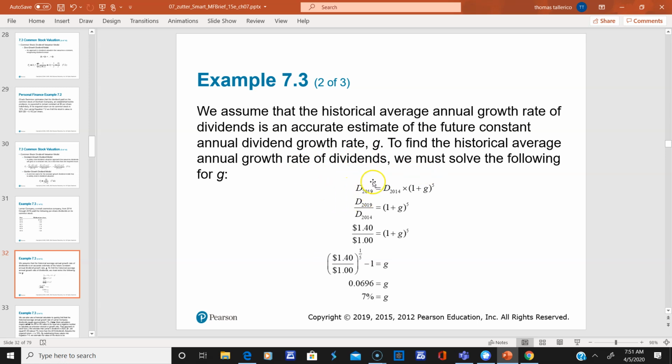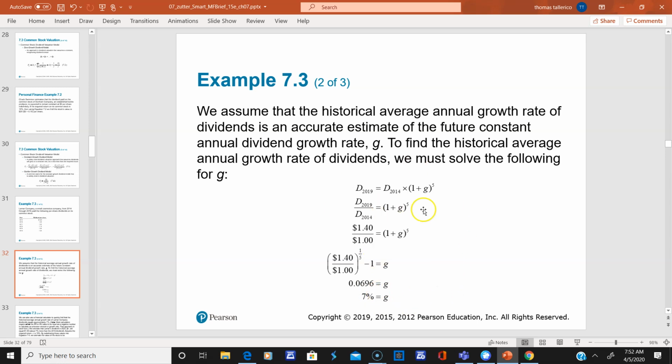Okay, so 219 was equal to the 214 dividend times 1 plus the growth rate to the 5th power. And we know these two values here, right? And basically, this is where we're trying to find the rate. Effectively, we're looking for the rate here. And you can clearly see that this was the future value, this is the present value. And we take this to the 1/5 power to get G. And we solve for G here, and it comes out to about 7%, okay?